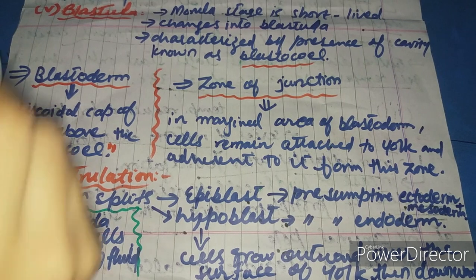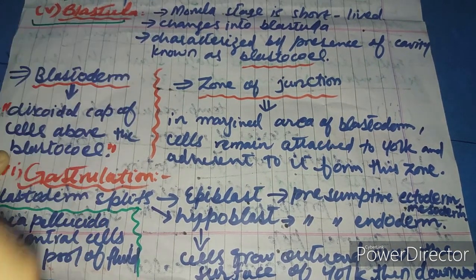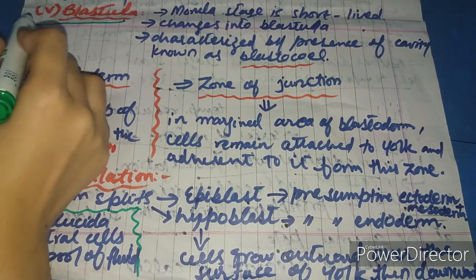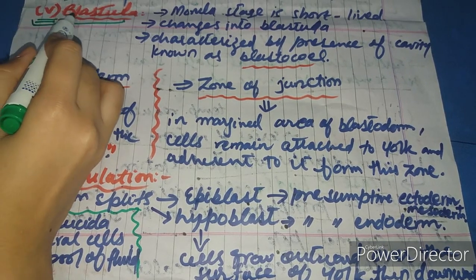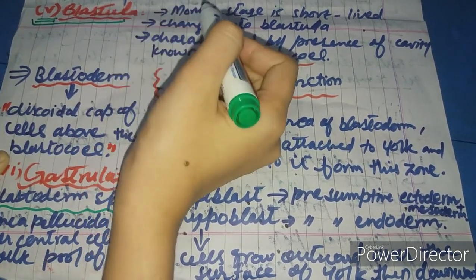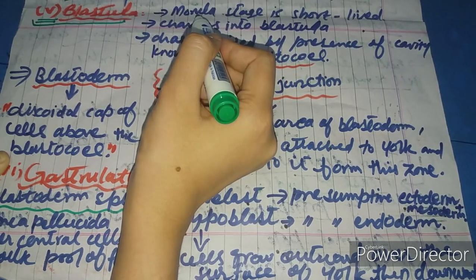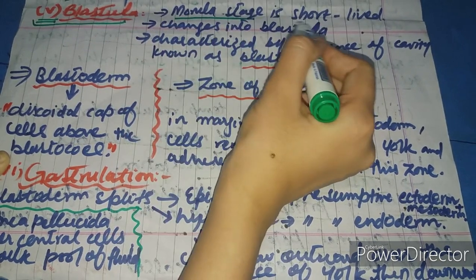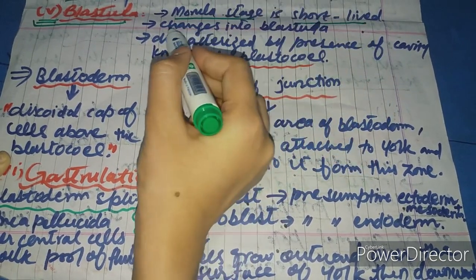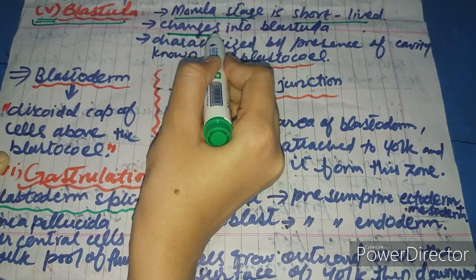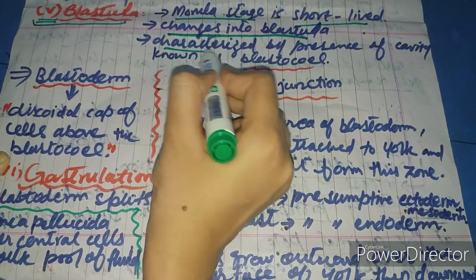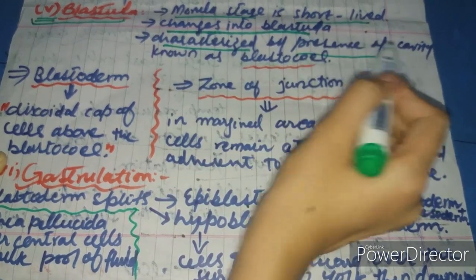Our next event, our next stage, is blastula. As the name shows, we studied that our fourth stage was morula, and in that stage morula formation occurred. But let me tell you that the morula stage is actually very short lived. So that morula immediately changes into the blastula, and this blastula is characterized by the presence of a cavity